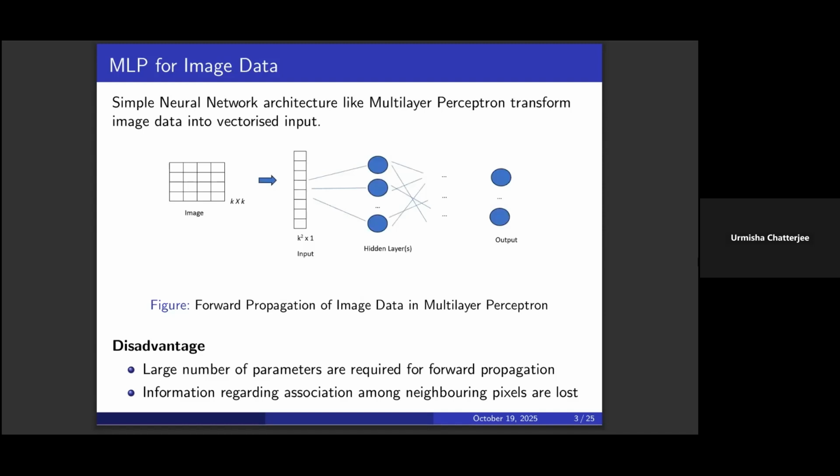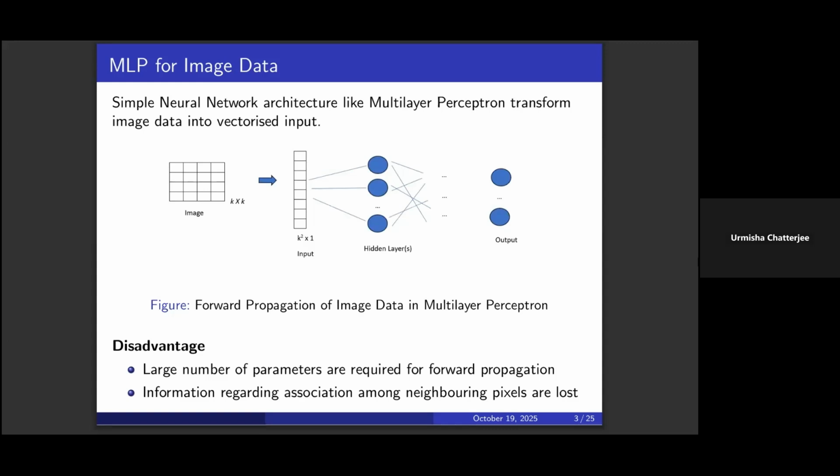Okay. So we saw in our last session that when we were classifying image data, we were given images of a number of items like aeroplane, truck, animals, and we were asked to classify those images. We did it on such a dataset. There we have to vectorize the entire input image into a one-dimensional vector, and then we were using it on the neural network architecture. So if we are given a k by k pixel image, we first have to vectorize it into a k squared by 1 input.